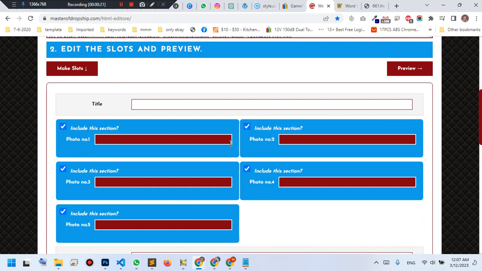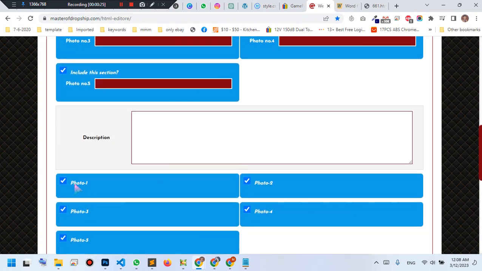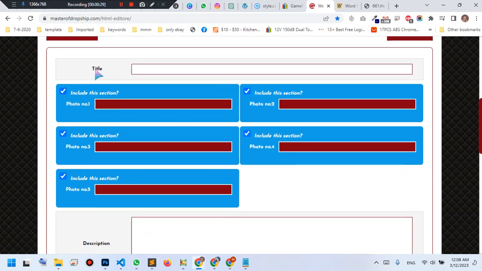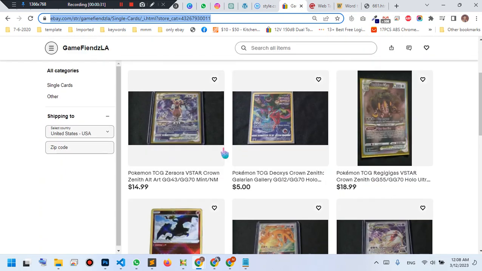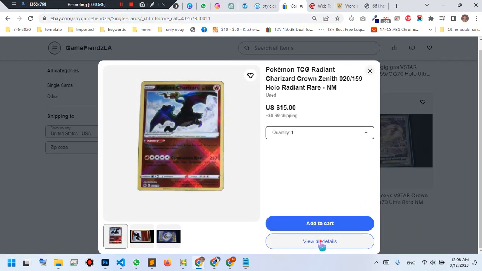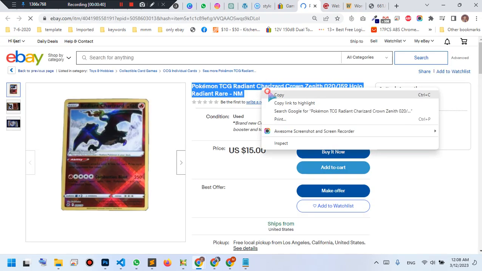Title, photo 1, 2, 3, 4 and 5. Description and this box for photos too. So starting from title, simply copy your title. I will open any product of yours like this one. Simply copy,